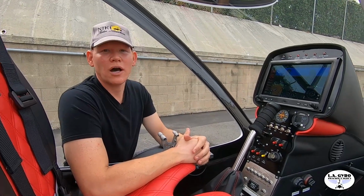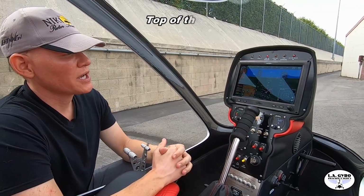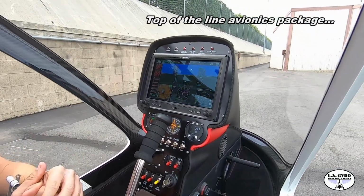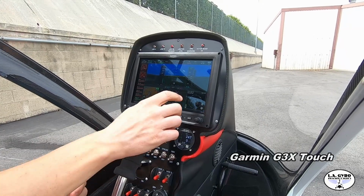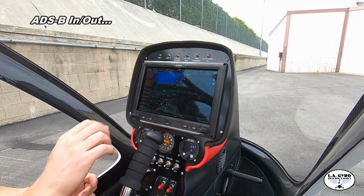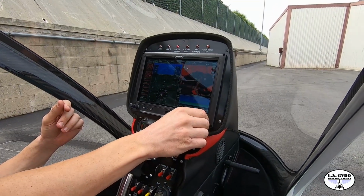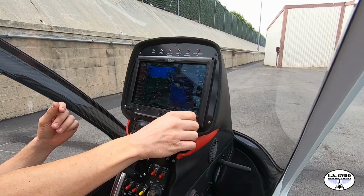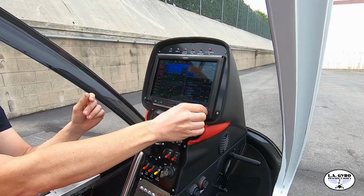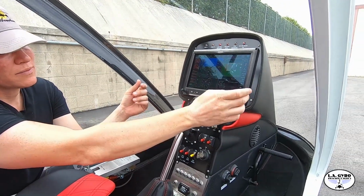Niki Rotor Aviation offers several packages in terms of avionics. This is their top of the line package with the full Garmin suite. As you can see here, there's a G3X Touch with ADS-B in and out, full traffic awareness. You can see this target here moving. So the situational awareness of this particular package, from terrain to weather information to flight planning, moving map, and information about your target